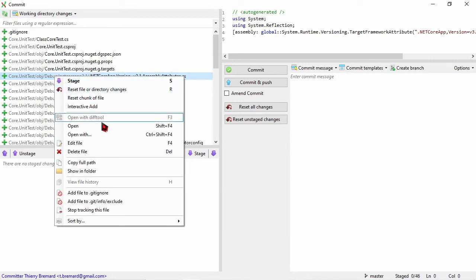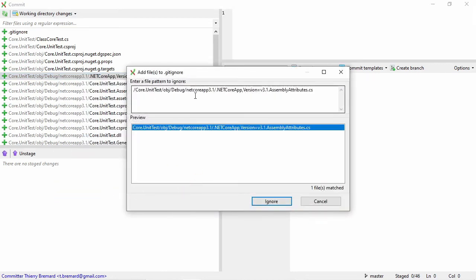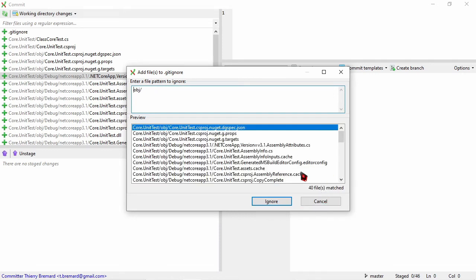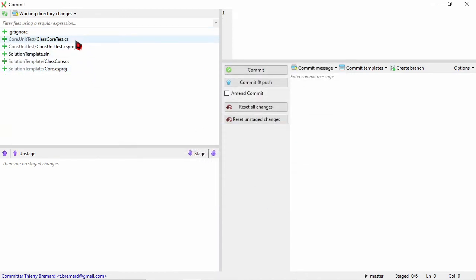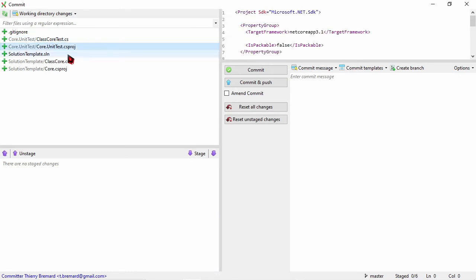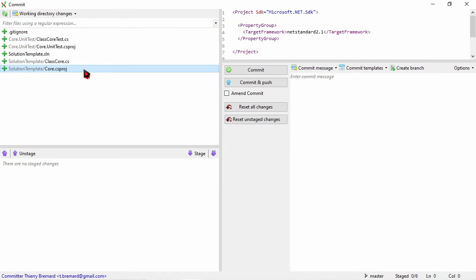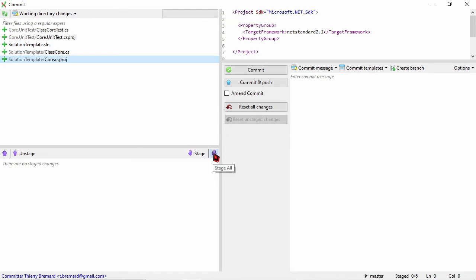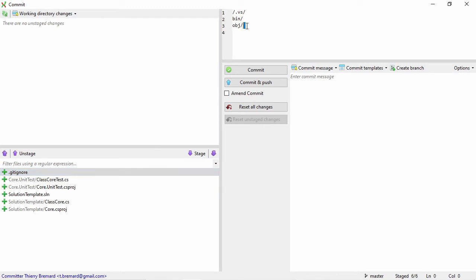So the first commit is a little boring like this. Here I have one file, but this is for the first commit. Then obj, 40 files match. Okay, I ignore. And now I have only the relevant files: the CS file, the CS proj, the solution file, and CS proj. Good. So I commit all this with the gitignore file, which says I want to ignore all the content of the files inside this directory. And here I say this is the initial commit